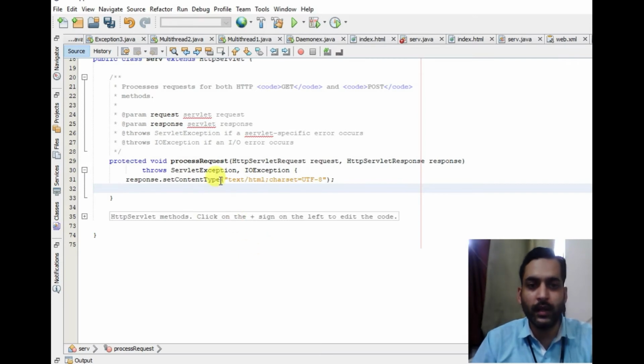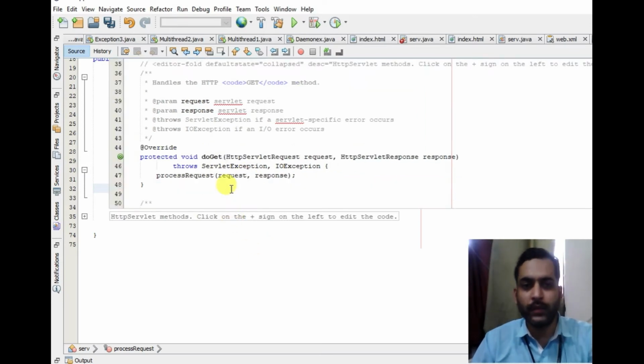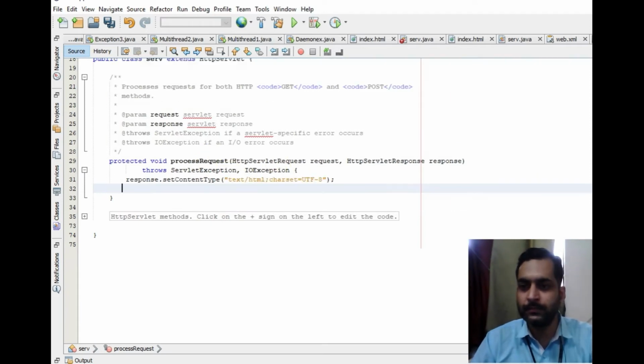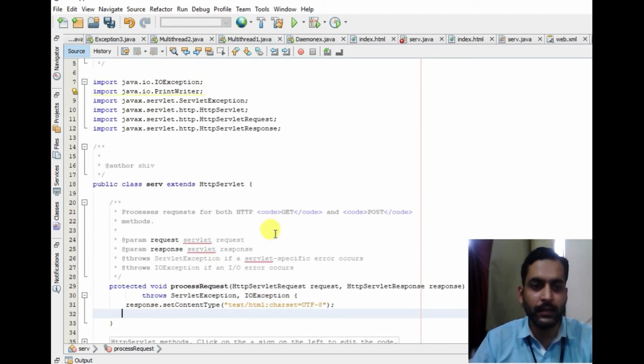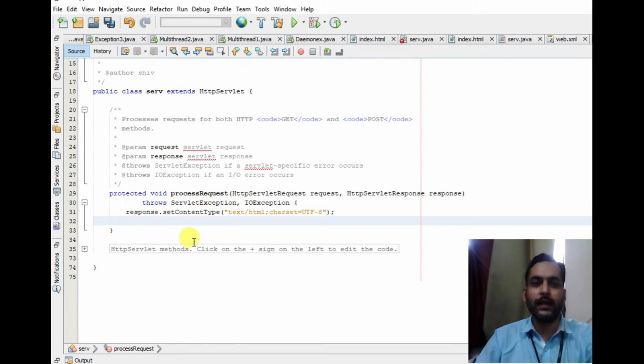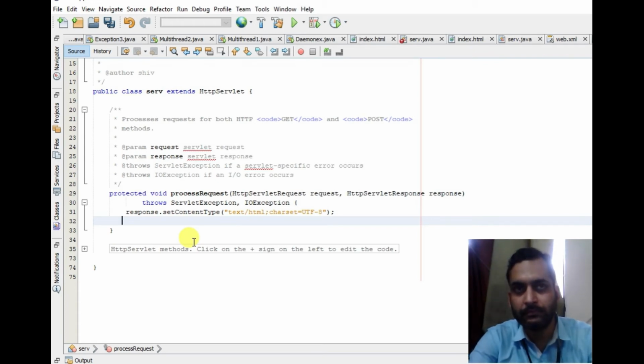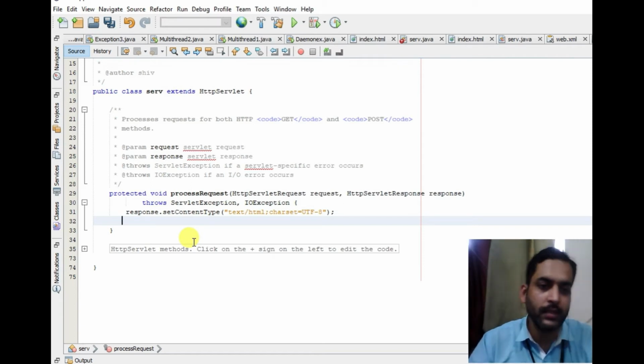This is a user defined method and it is not a standard method. The standard service methods in HTTP servlet classes are doGet and doPost. Since we have not mentioned any method in the form, it will by default take the get method. So ultimately it will invoke the doGet method, and the doGet method will pass the request to this processRequest method.